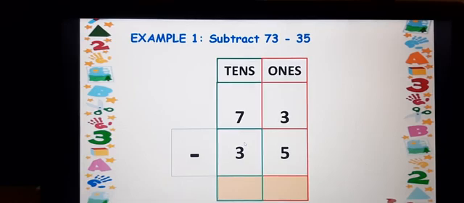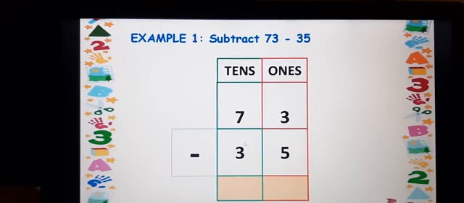Now from the ones place, from the right side, you have to start your calculations. 3 minus 5 is given. Can you subtract 3 minus 5? A smaller number minus a bigger number, can you do it? No, you cannot. If you count 3, how can you remove 5 from it? You cannot. So as we are following the method, we have to take the step of borrowing, which means taking a helping number from the previous number, the number behind it.